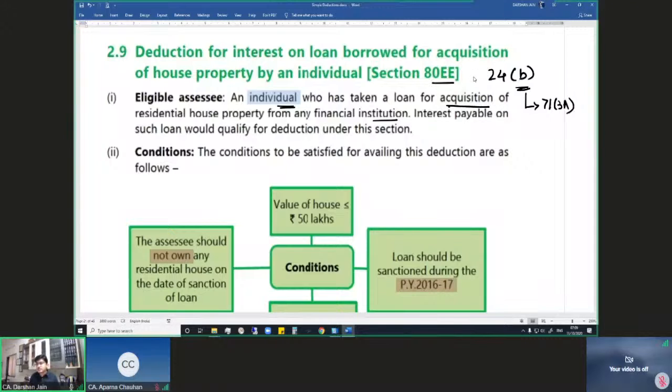So you are claiming deduction under section 24B. What you could do is claim a collateral deduction under section 80EE. However, the amount that you claim under 24B is not available as deduction under section 80EE. The conditions to be satisfied for availing this deduction: